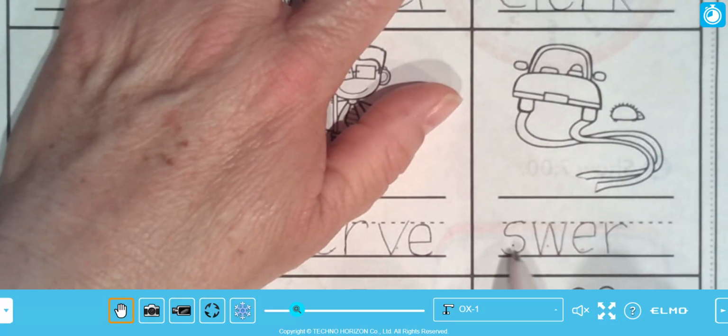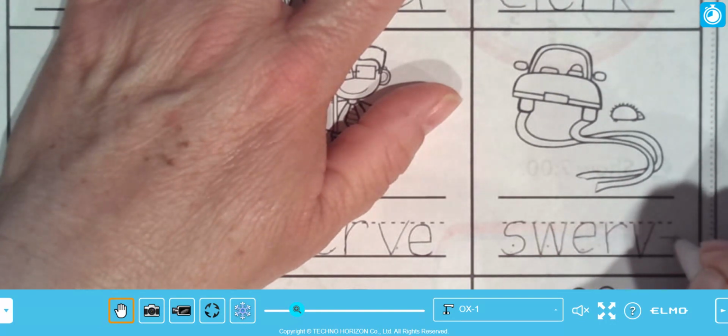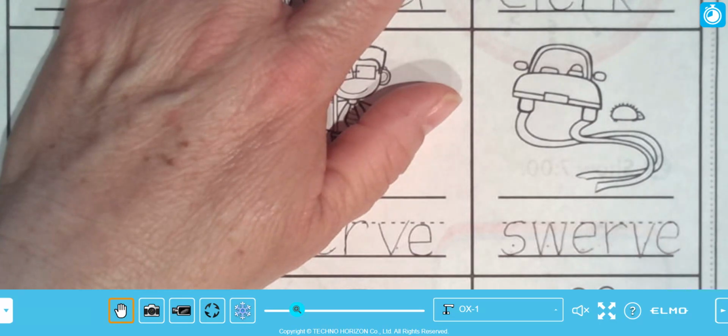Okay, last part. S, W, V. So what makes the V at the end? Well, it's a V with a silent E. There are no words in English that end with a V. So if it has a V at the end of the word, you have to put the silent E next